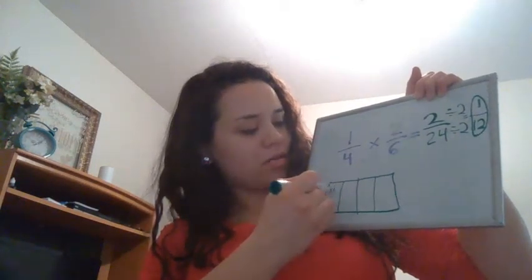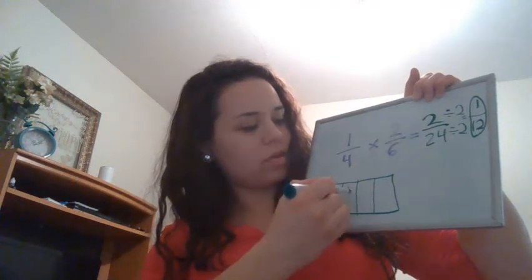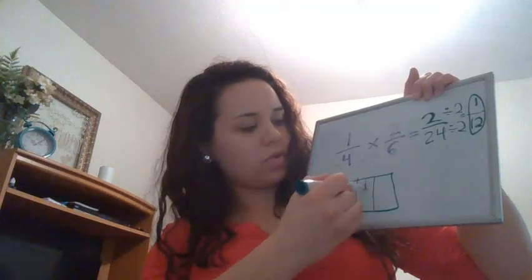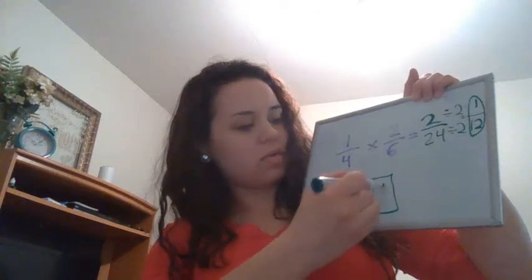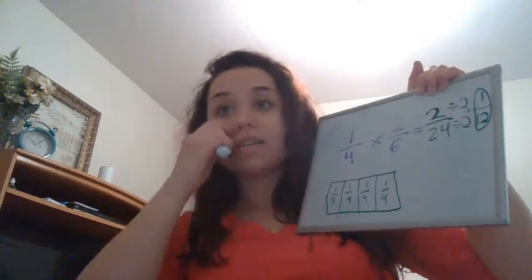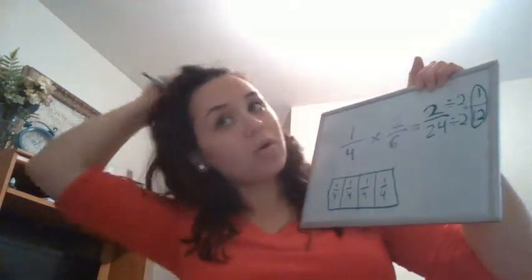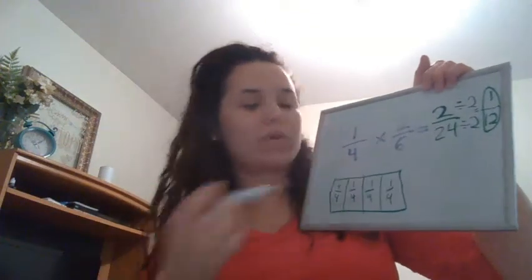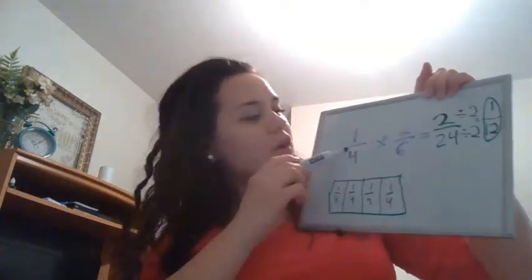All of these are 1/4, 1/4, 1/4, 1/4, because when I have 1, 2, 3, 4, it adds up to 4/4, which is 1 whole rectangle. There it is, my one rectangle. Okay, so I've got my fourths. What about my